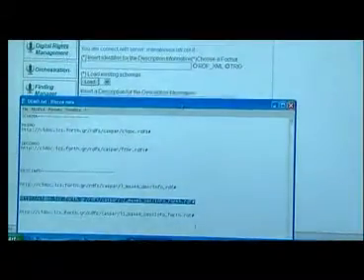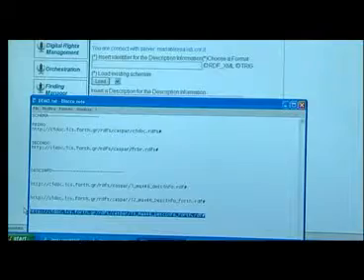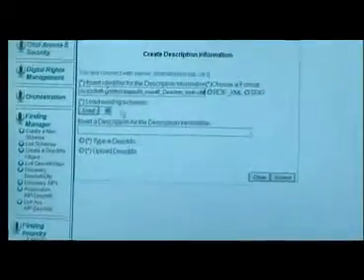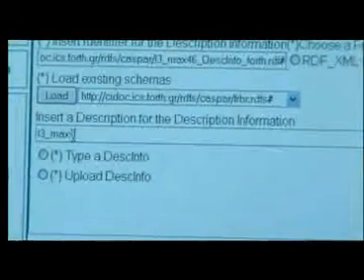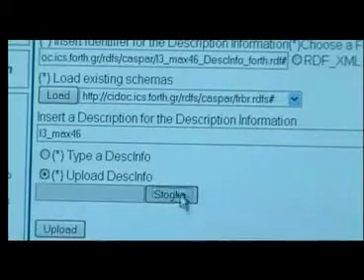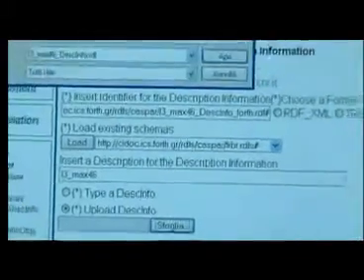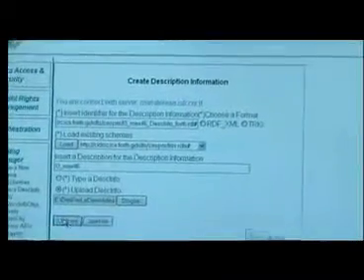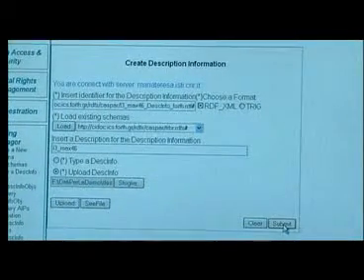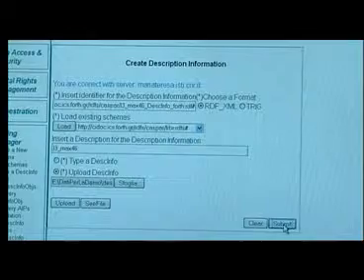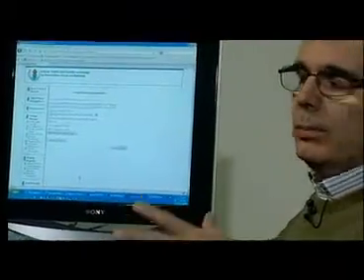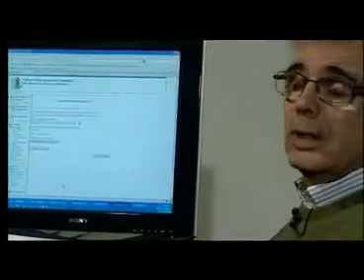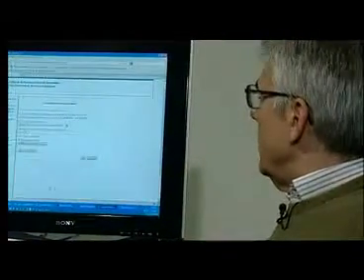So we pick the last identifier, and it's always the RBR schema. We associate some description to this object, and we upload the object, choosing it from the file system again. Okay, when this third information object will be created, we will list all of them, and we will now try